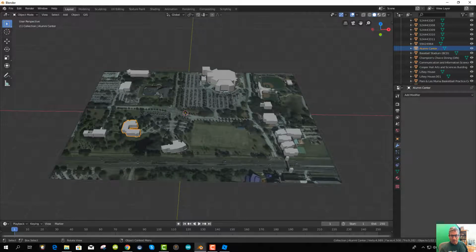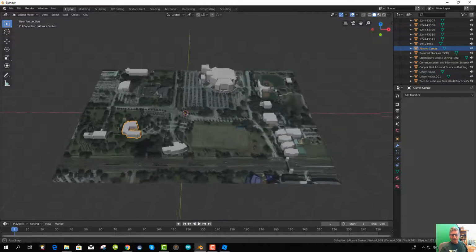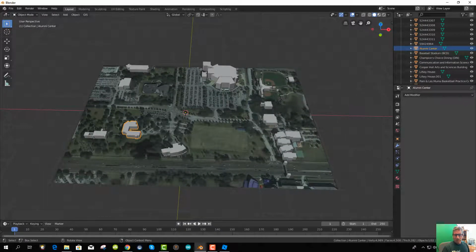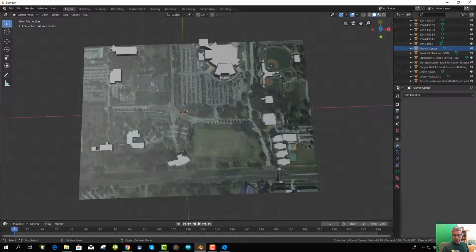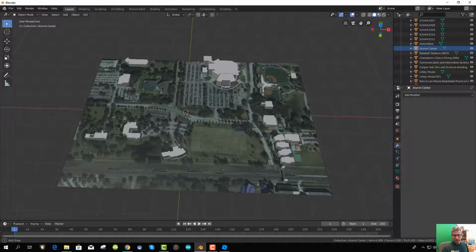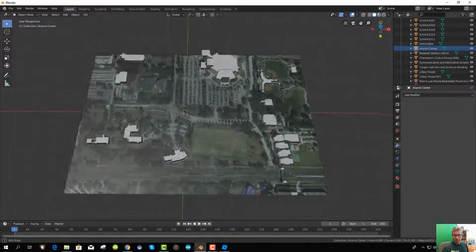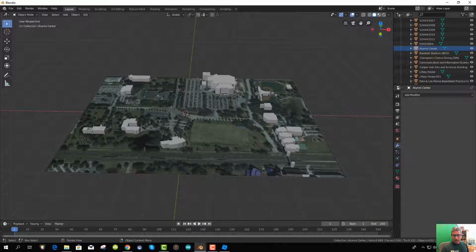All right, and they're in there. Now here's the thing. We want to make this the right size for getting it into Roblox, so the character, when he walks around, is the right size relative to the buildings, and they're the right space. So to do that, we need to import